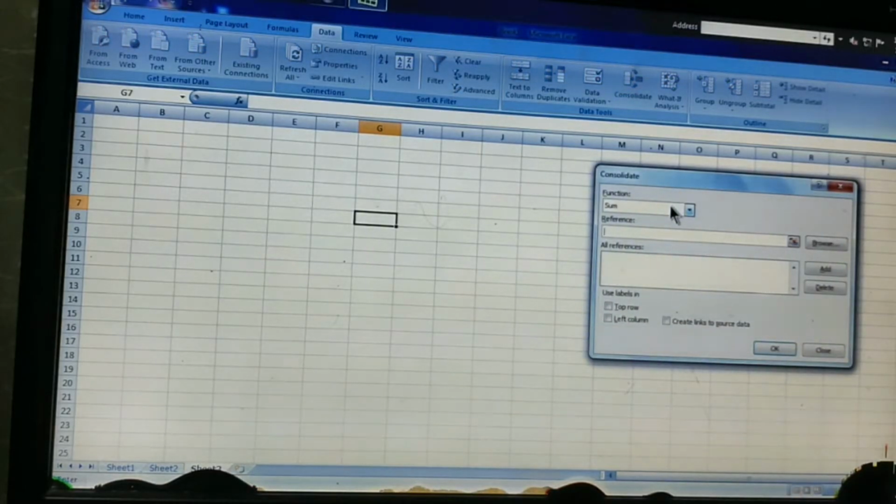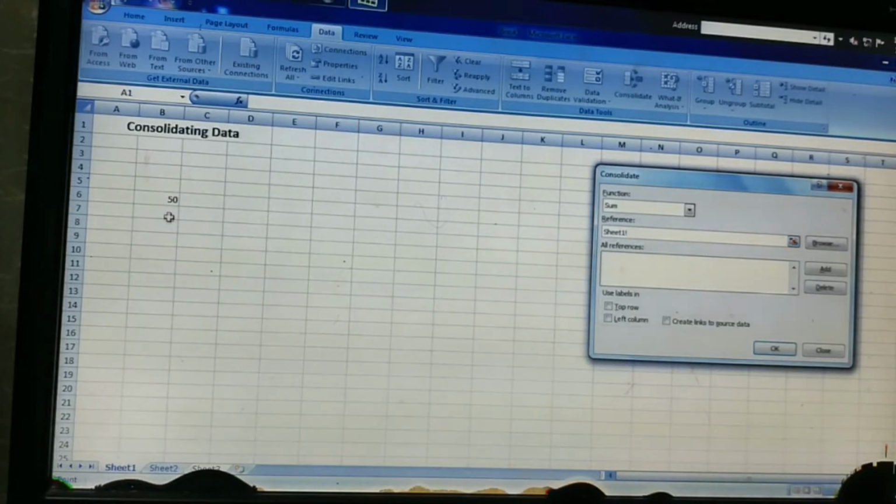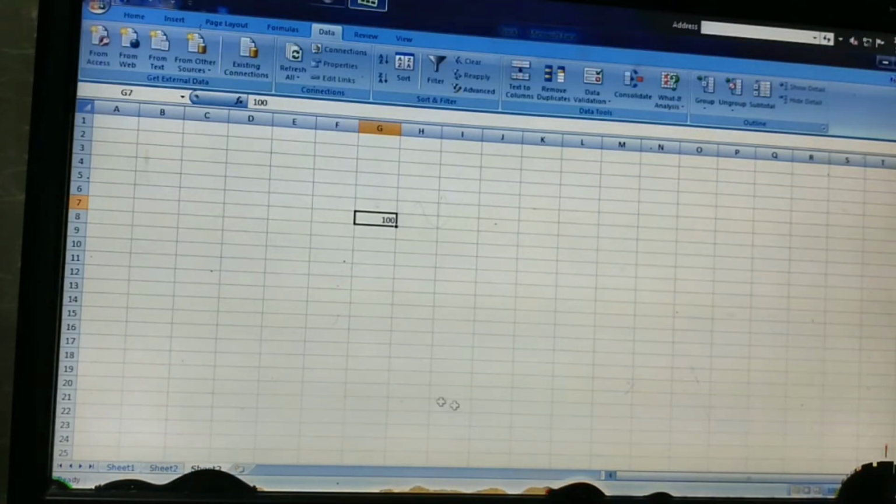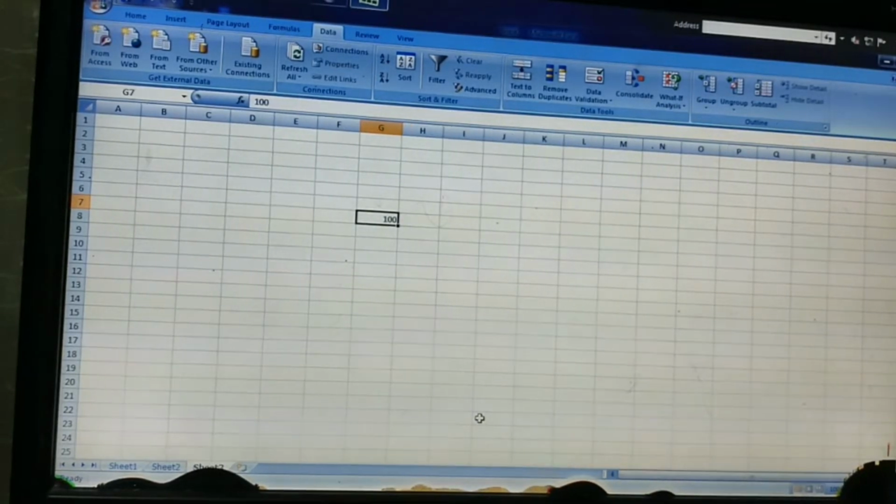Then again select the same option and leave the cursor in the reference column, go to sheet 1, select your range, click on the add button, go to sheet 2, select range, add, and then OK. So you can see on sheet 3 the total is there, 100. So in this way you can combine data from different sources, from different sheets.